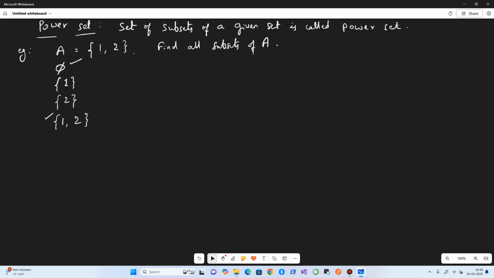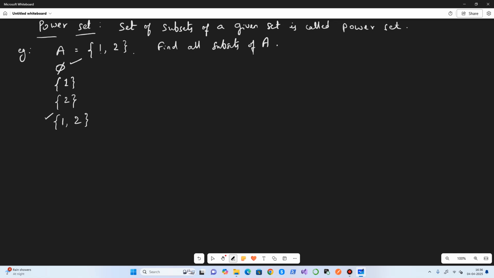Those already come as default subsets, and then you start combining the elements. First take one element at a time and list them out, and then two at a time, till we exhaust all the elements present in A. So this is how we find it.